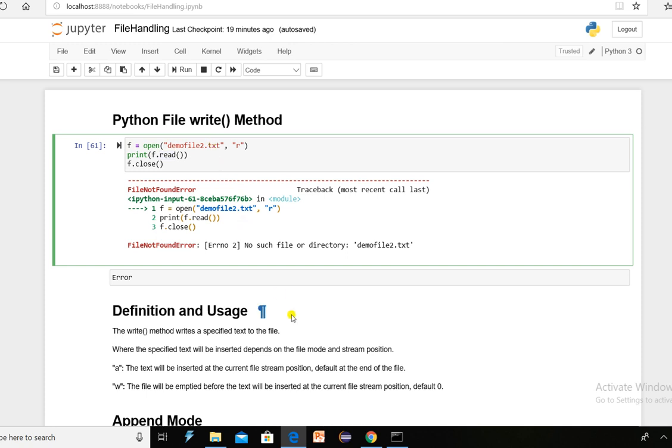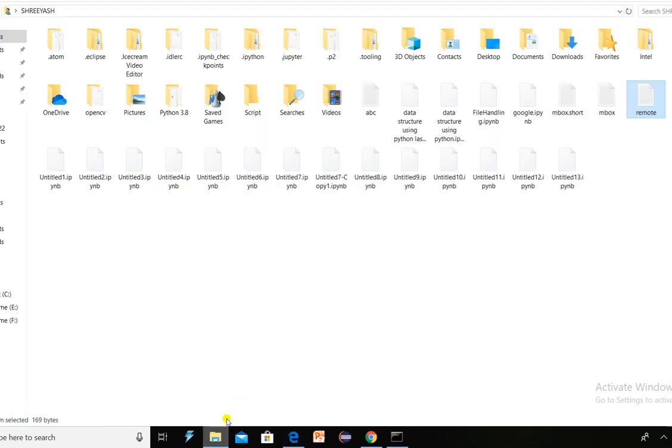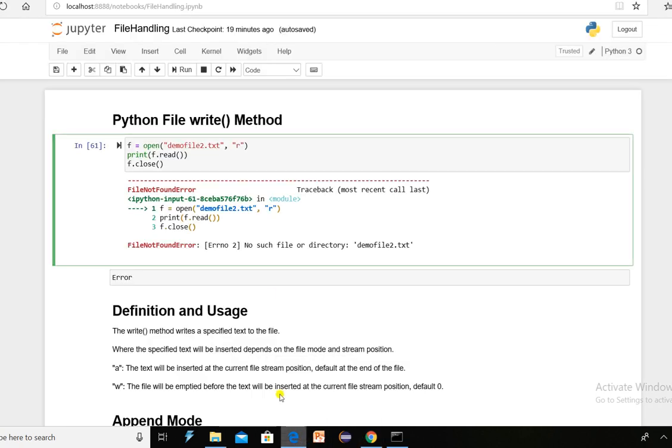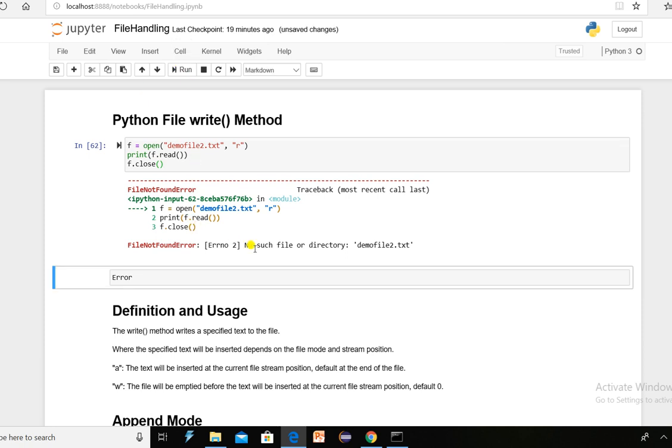But let me tell you, in my home directory, demofile2 does not exist. So what happens if I open the file in read mode, which is not there, and run this code? It will give me an error that no such file or directory exists.